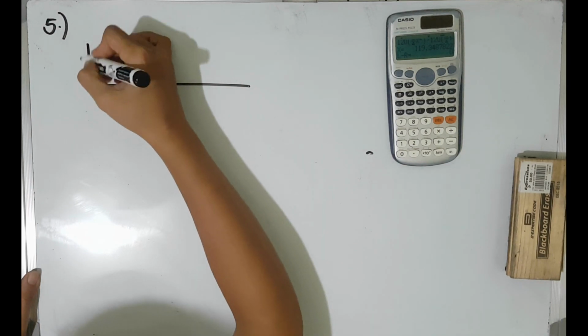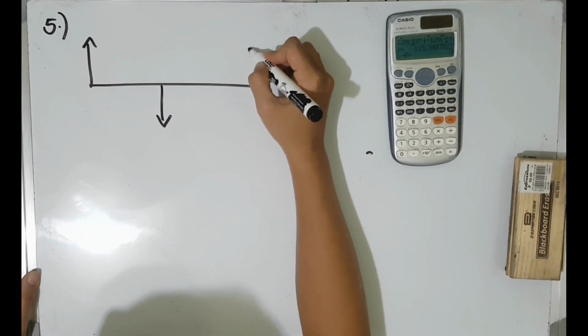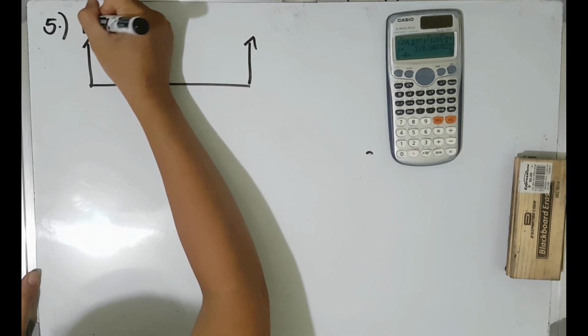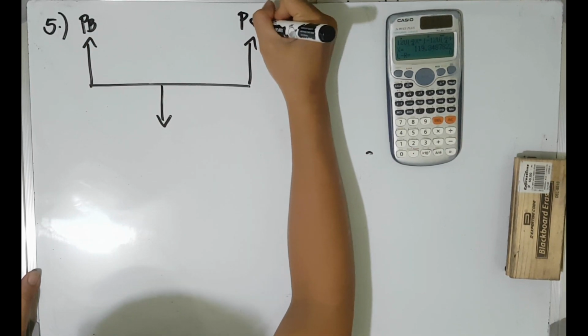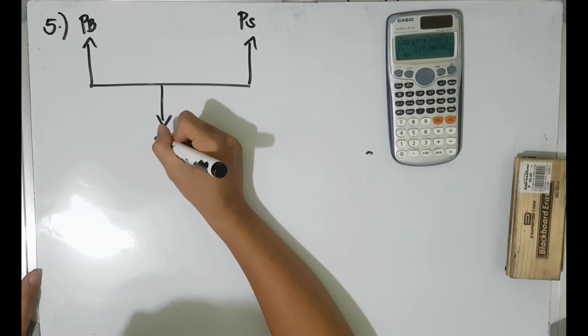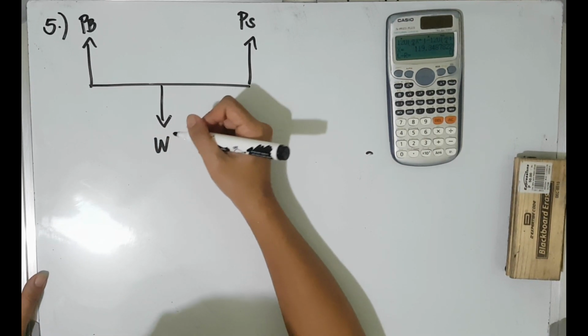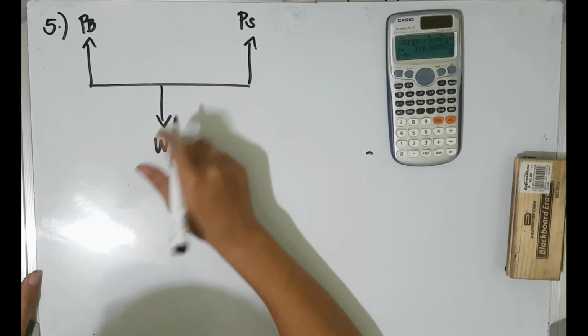So again, our first step here is to draw the free body diagram. We have the bar AB on the cables